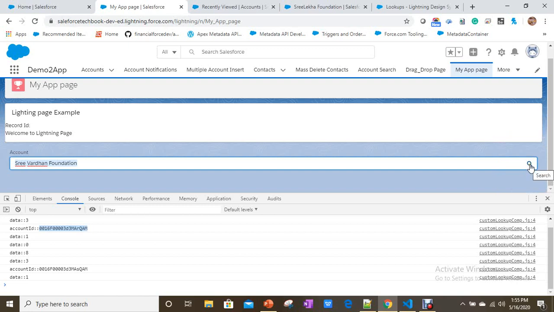When I create an account, it should come here in the search box automatically, as in standard functionality. Then what do we do? We just have to use the modal design from Lightning Blueprints or Lightning Design System. Then you can use your background logic. So let's do that also. For now, if you click on this, nothing will happen.